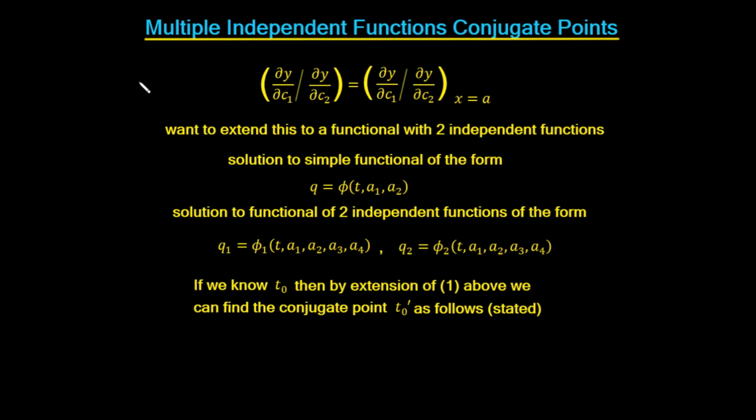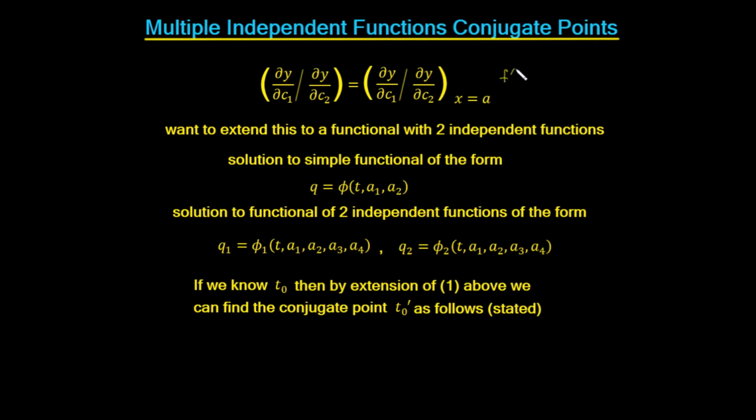We're going to look at the last part of our functional with multiple independent functions. We're going to look at finding the conjugate points. Now we've seen how to find the x-coordinate of a conjugate point analytically for a simple functional. So the simple functional was of the form